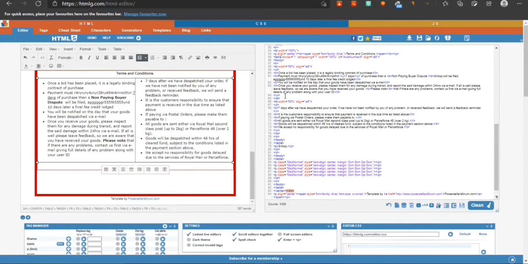You can directly paste this code in the eBay description and edit it in there. Okay, there are many features available, you can try them.